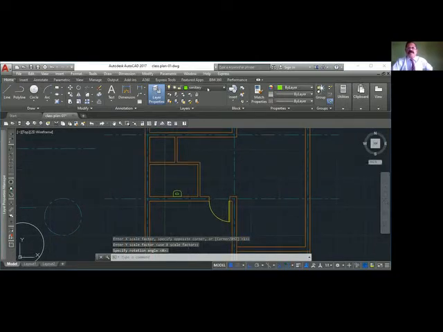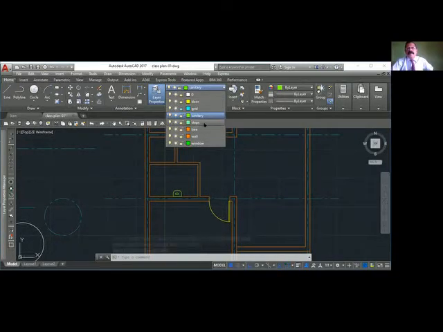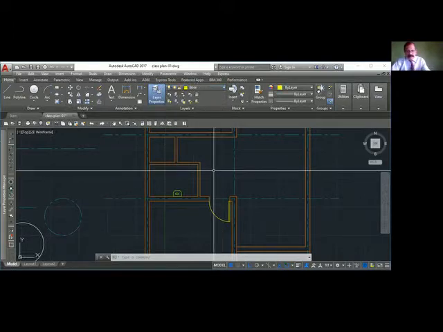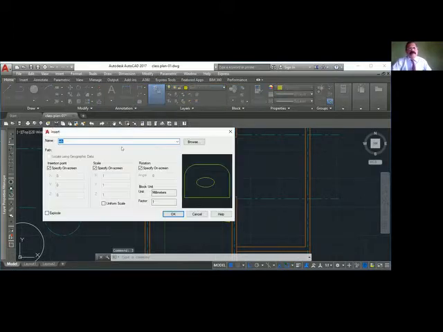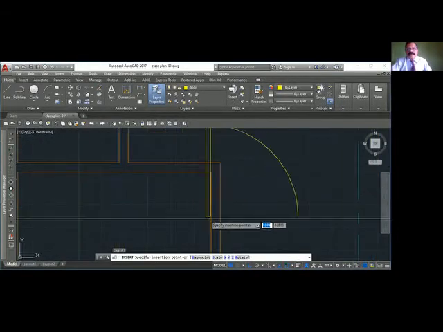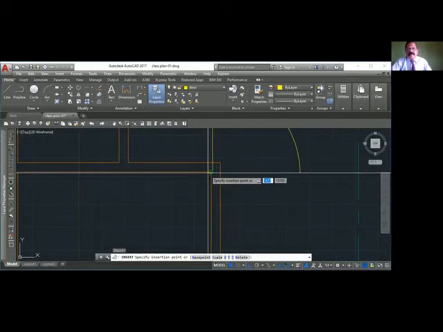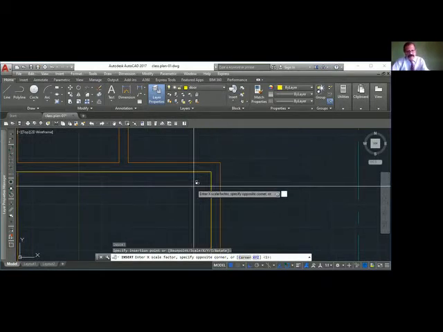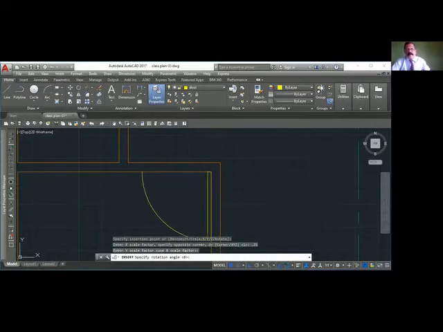So when you want to insert, go to the door layer. Insert. DL. Scale, rotation on. I want to keep approximately 0.75 the scale. Click.